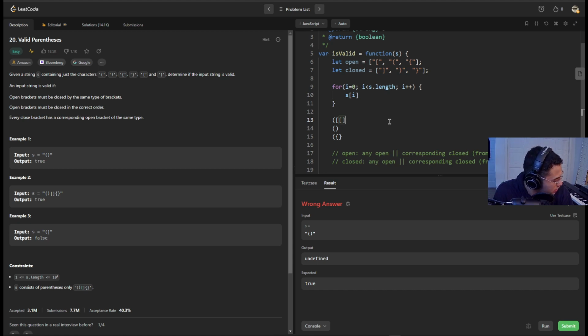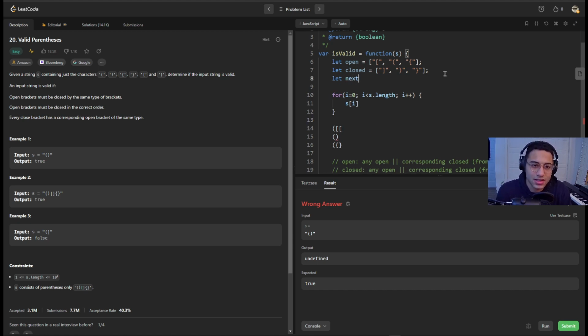Okay, so here any open and corresponding closed, which is the last open that hasn't been closed, right? And here it's the same thing, the last open that hasn't been closed. Okay, so the next closed would be the next one that needs